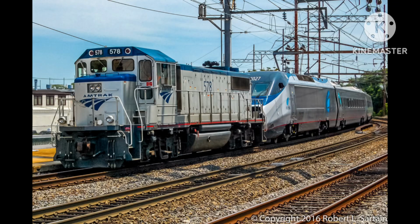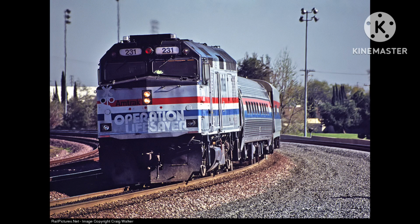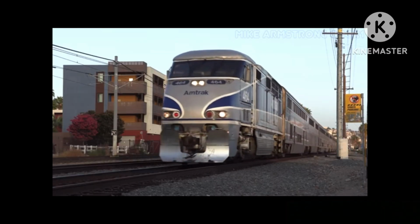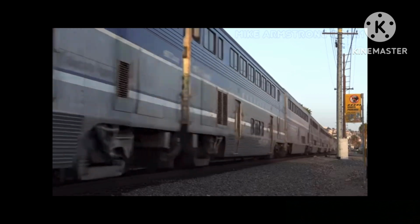Ever since the beginning of Amtrak in 1971, Amtrak has had a lot of very detailed locomotives throughout the years, from the old E units to the most favorite F40PHs to whoever this is. Nonetheless, these locomotives kept Amtrak running throughout the years and made Amtrak what it is to this day as of